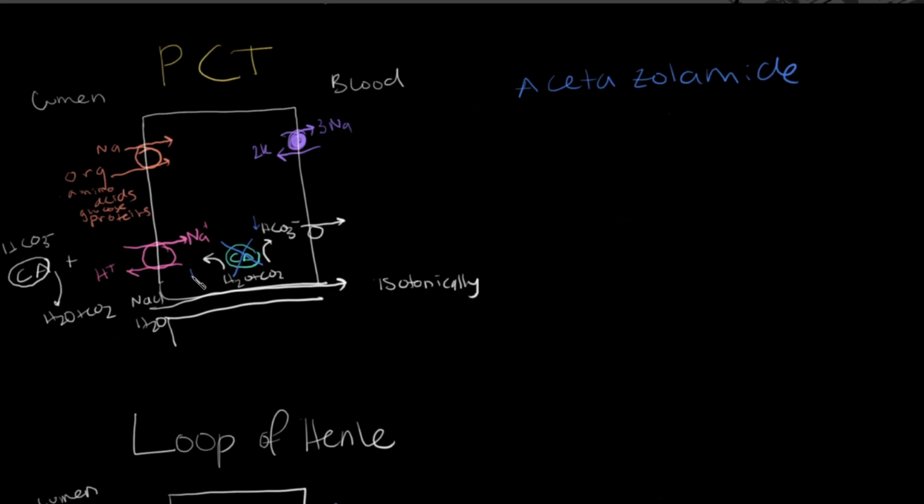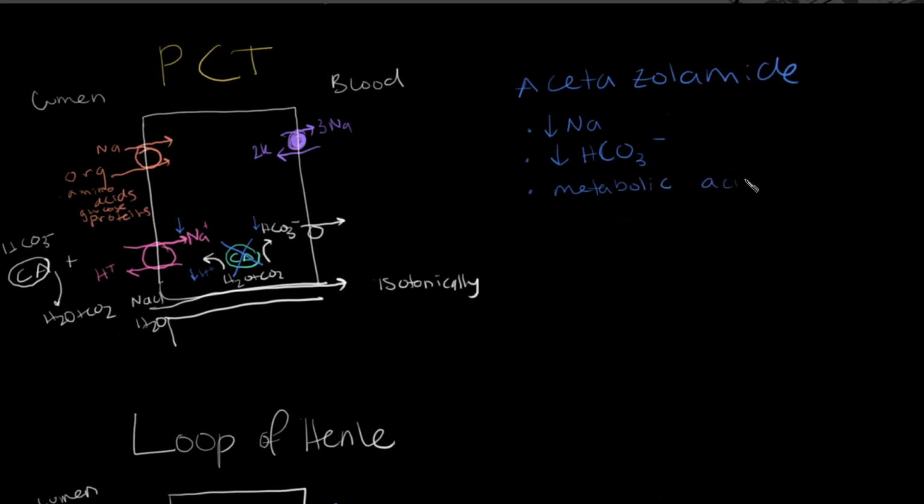We get less hydrogen excretion, and therefore, because of this decreased hydrogen excretion into the lumen, we have this apical transporter reabsorbing less sodium as well. This means that the overall effect is to decrease the absorption of sodium. We decrease the absorption of bicarbonate, HCO3-, and we also get a resulting metabolic